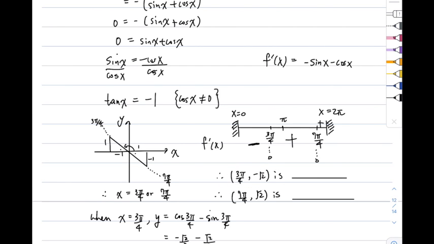The derivative is changing from negative to positive. That means the function is going from decreasing to increasing. That means that this must be a local min. And then from here to here,